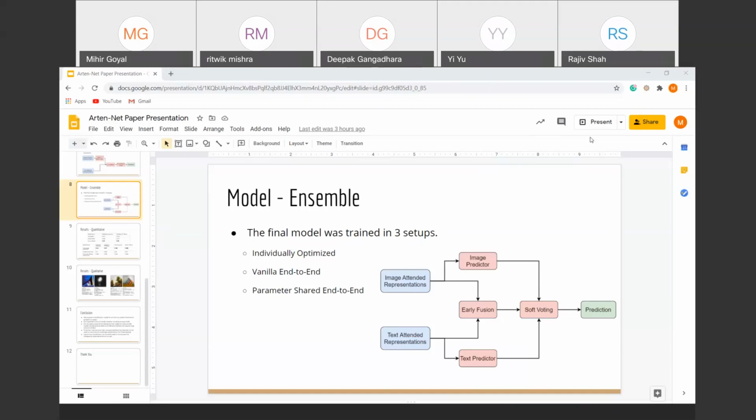So what we do is we take three predictors: the image, the fusion predictor, and the text predictor, and all of these output a certain probability for each class. So we take the average of all those probabilities and look at the max of the probabilities. So that represents our predicted class. So if I could expand on that, if that doesn't answer your question. Okay.